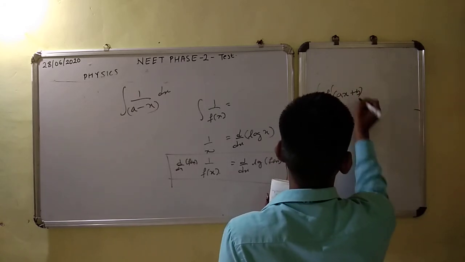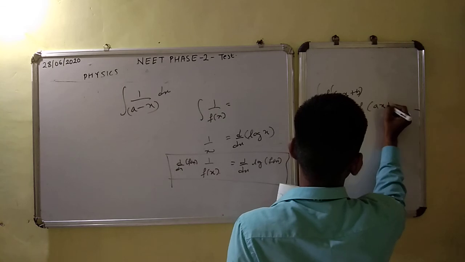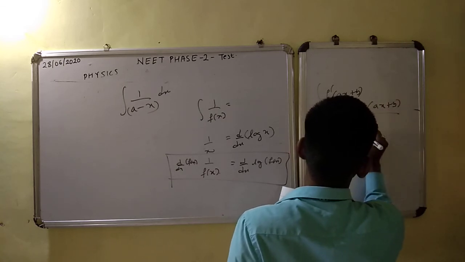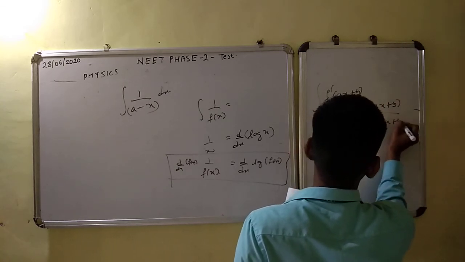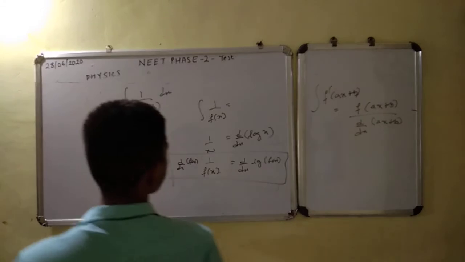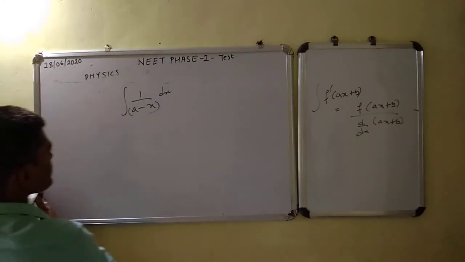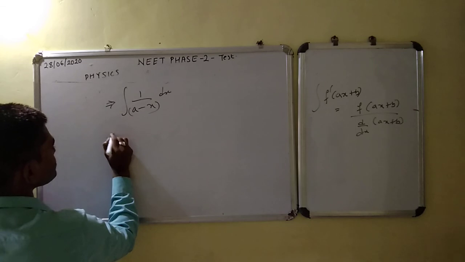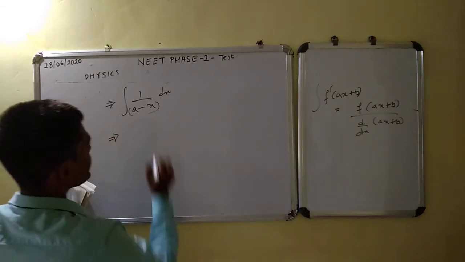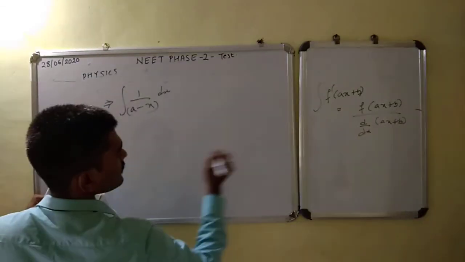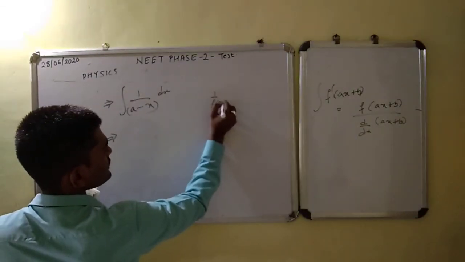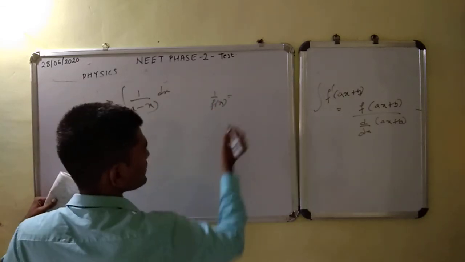For ax plus b, it is f of ax plus b upon d dx of ax plus b. The integration of f dash of x is 1 upon f of x, as we just learned. It is d dx